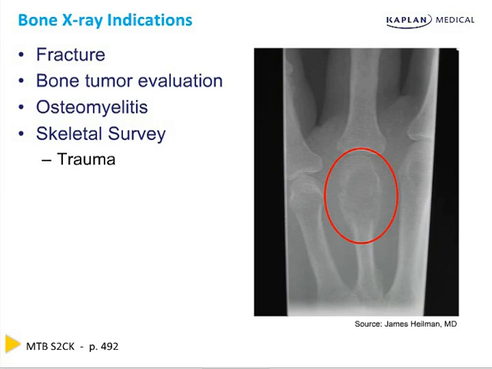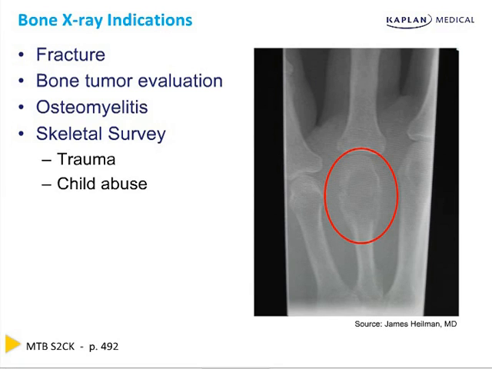The first is a patient who comes in after a serious traumatic event like a motor vehicle collision. Trauma patients often present with altered mental status and thus are unable to tell you what has been injured, or they may have one big painful injury that is distracting them from noticing pain associated with smaller fractures. Also, if you have a child come in with an injury that doesn't make logical sense based on the story that the parents tell you, or if you suspect child abuse for any reason at all, a skeletal survey is necessary to evaluate for old fractures that may reveal a pattern of abuse and confirm the tragic diagnosis of child